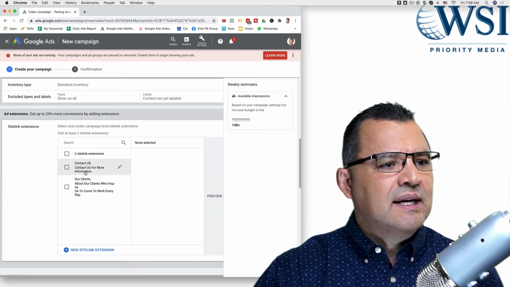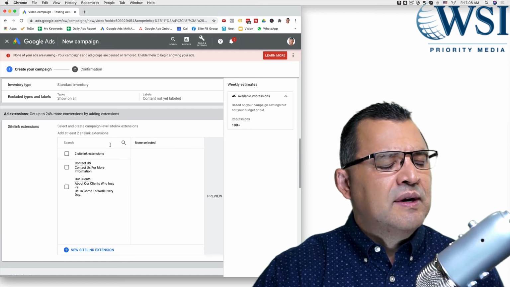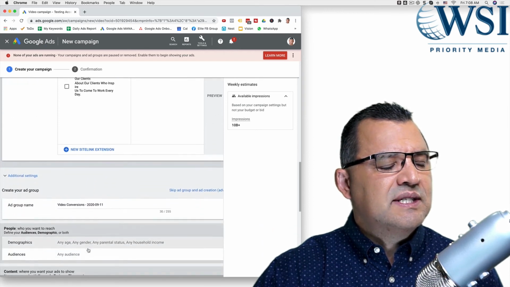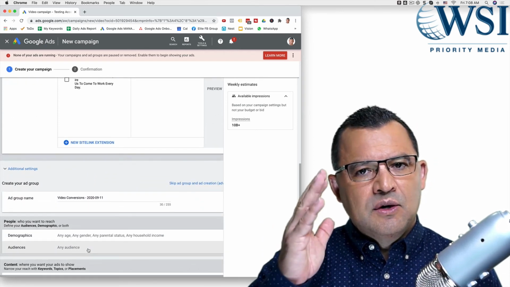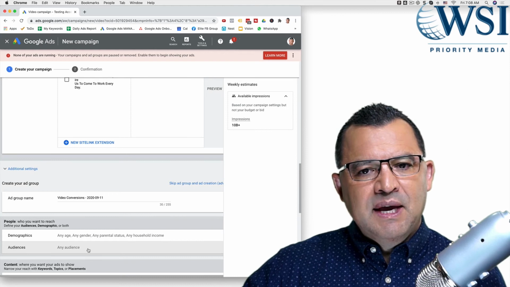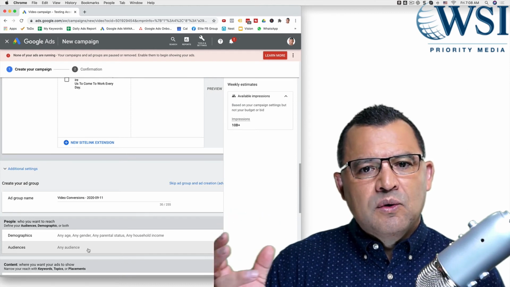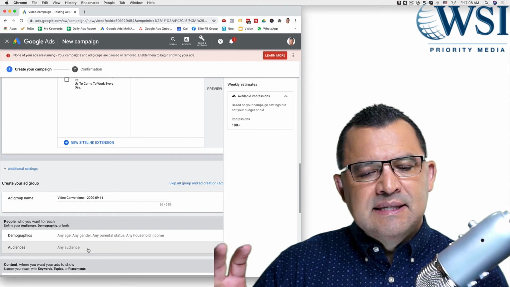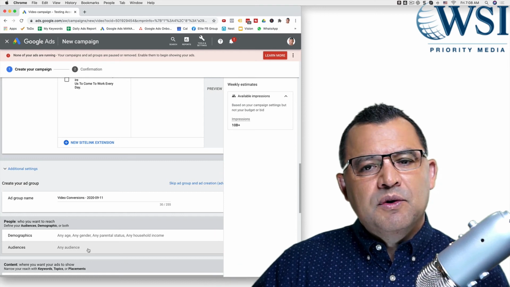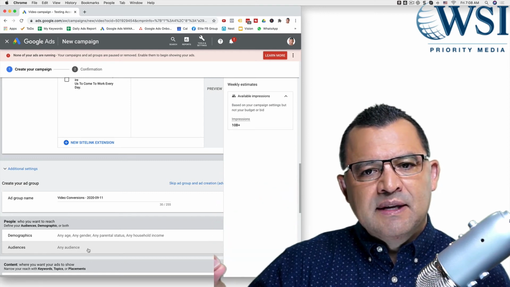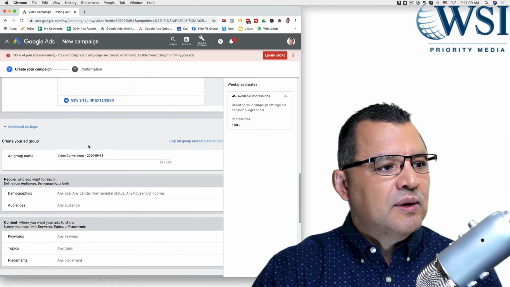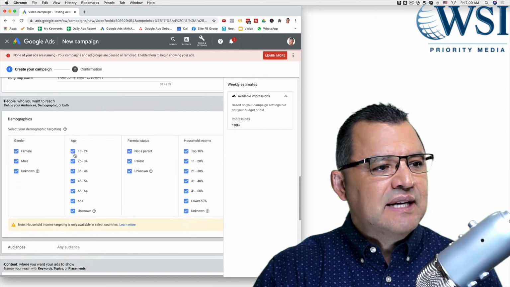It's so important to set up your site link extensions right here. You've got to have this all connected, and you just go into the new site link extension and start setting that up. Your site link extensions are going to go to actual pages on your website. So you need to really determine, okay, what is the page where the information is? When you're creating these TrueView in-stream Google Ads, if you don't have specific pages that you're going to send them to, sometimes it's worth creating specific pages that are relevant so that you can take advantage of this extra real estate. It's that important.